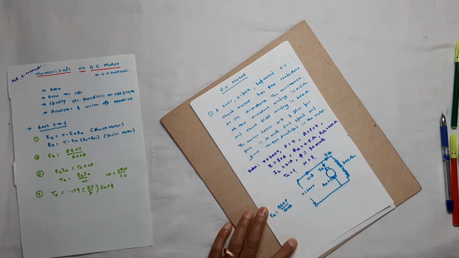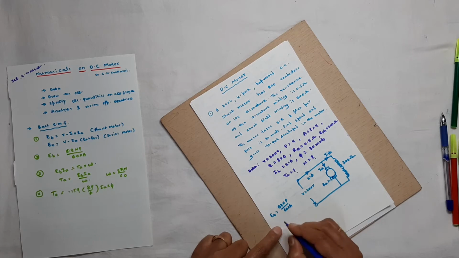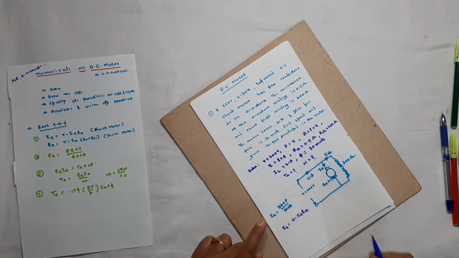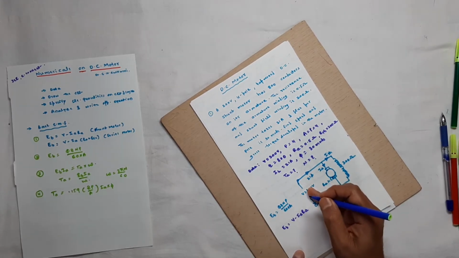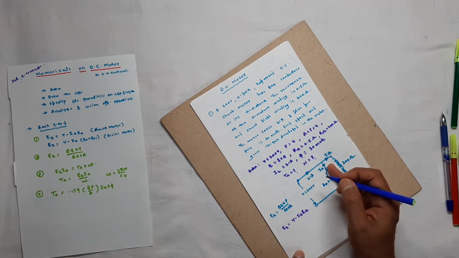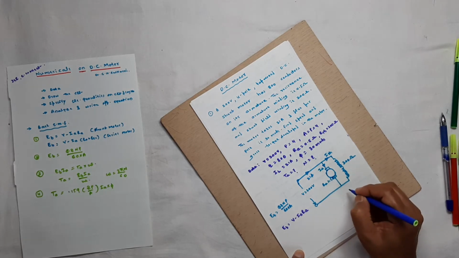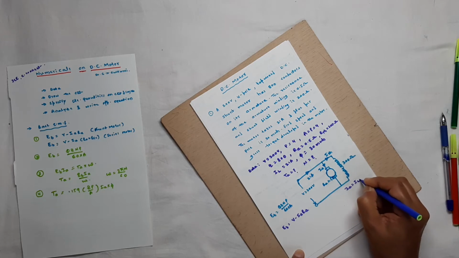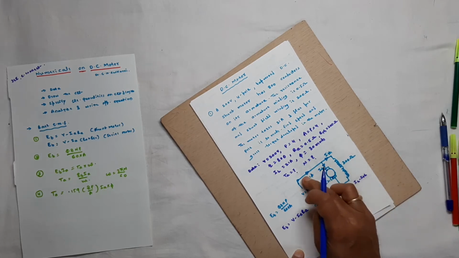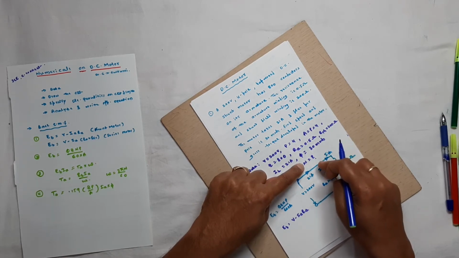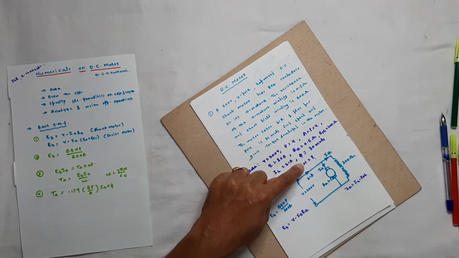Then what is the standard formula for our EB? The EB is equal to, for shunt machine, V minus IA RA. You look into what are the given quantities. V is given, the IA you have to calculate, RA is given 0.5 ohm. Therefore, how to find out IA? The IA is equal to IL minus ISH. IL has got two components, IA and ISH. Out of 21 amperes, if you are deducting ISH, what you are getting is IA.